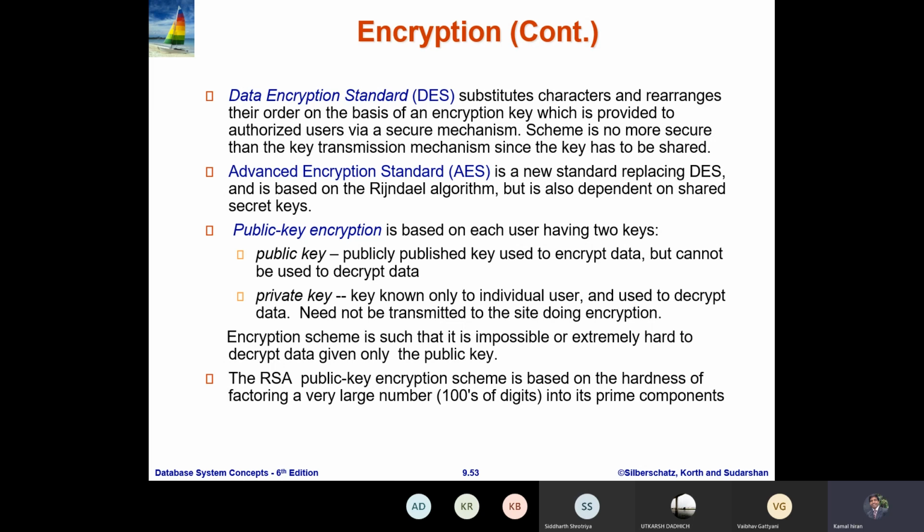The reason behind using this algorithm is that if any unauthorized person or hacker hacks your data, even then they don't have these kinds of keys, so they can't retrieve your original data. That's the reason we use different kinds of algorithms for encryption. And you know, data is very important for any organization, because many organizations send very secure data online. So they have to use these kinds of algorithms when they are performing any kind of operations online.